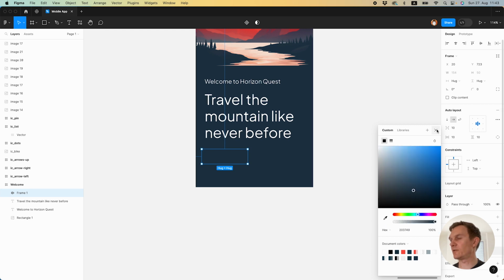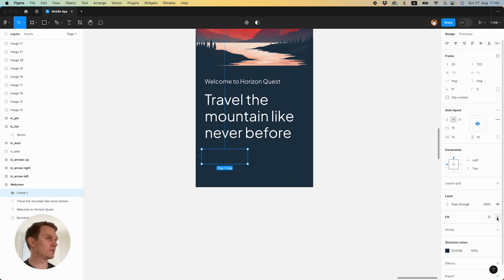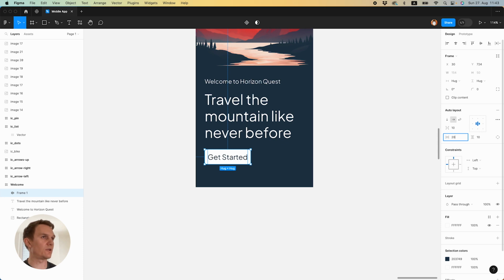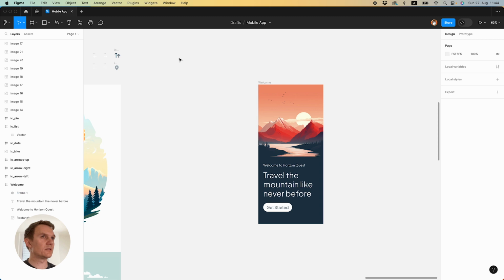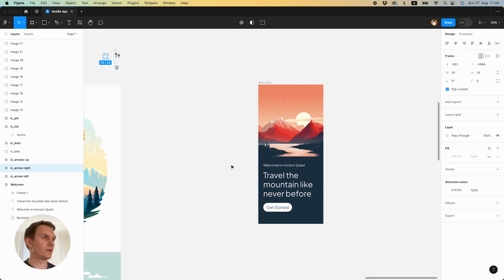We'll swap the font color and the button color. So the font color will be this dark and the button fill will be white. I would like to have padding left and right of 20 and top to bottom 12, or maybe I will increase later. And yeah, the corner radius 40, so it's fully round on left and right. And I would like to have an icon here